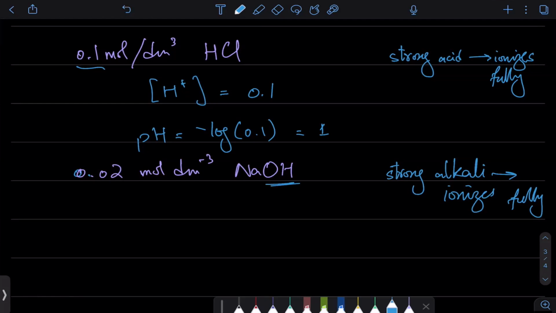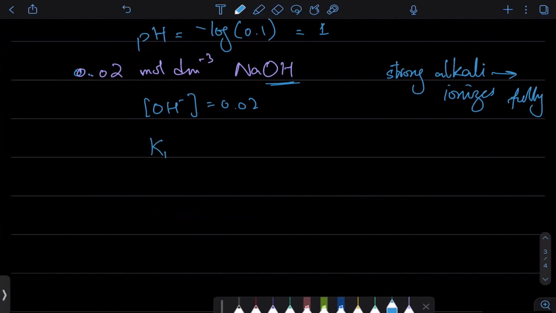These hydroxide ions are going to disturb the equilibrium that I have. So the concentration of hydroxide ions in here is 0.02. And this concentration, the 0.02 concentration, it's going to disturb the Kw that's already in there. So how much H positive concentration should there be for this OH minus to be accommodated by the water that we have? So let's look at that. In water, Kw is H positive and OH negative. Before I add